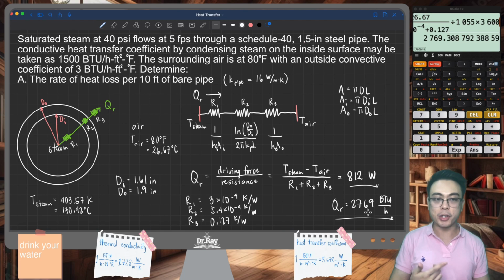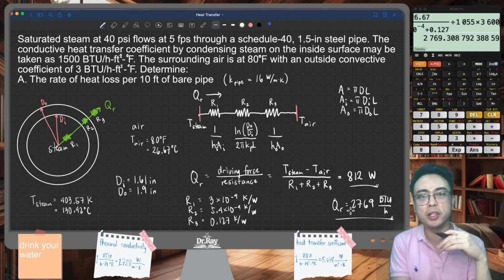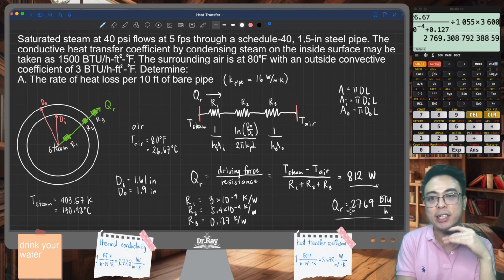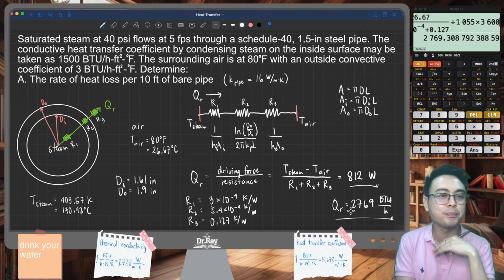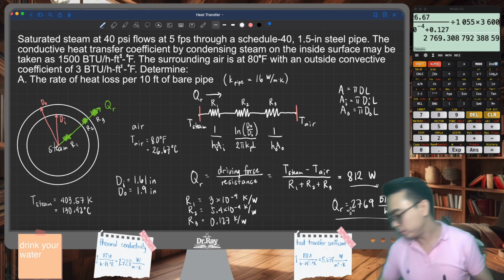So these are two different numerical values, but they're representing the same rate of heat transfer, right? It's just with different units. And that's it. We have already determined the rate of heat loss for 10 feet of the bare pipe. Now for letter B,